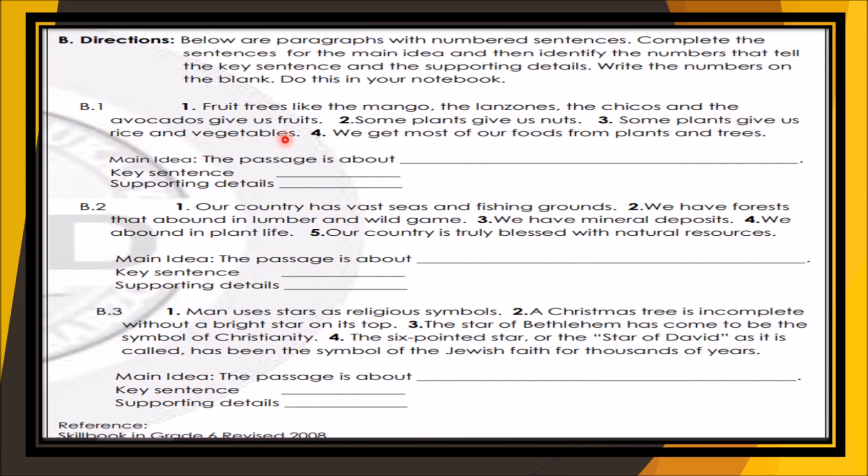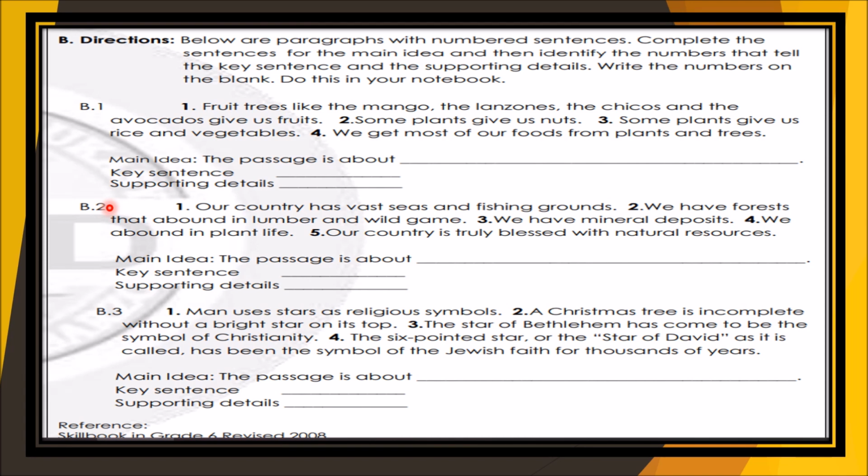So again, the main idea of the passage is what you're going to write there. You can also see that the key sentence is number 4. And for the supporting details, from 1 to 3. 1 to 3, okay? That's it. Then for number 2,